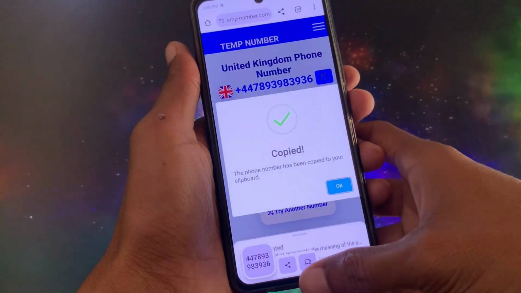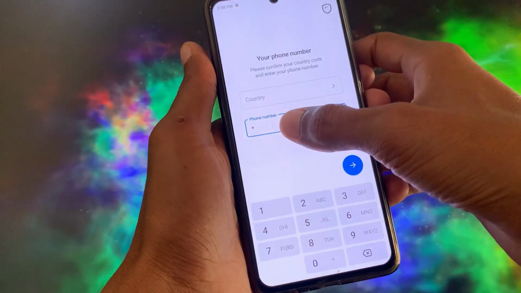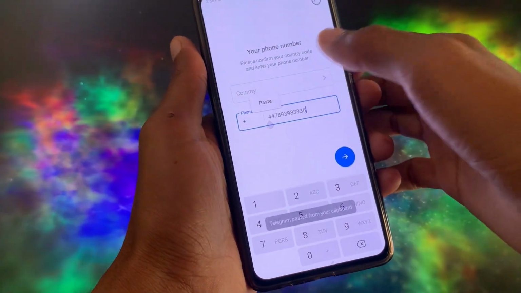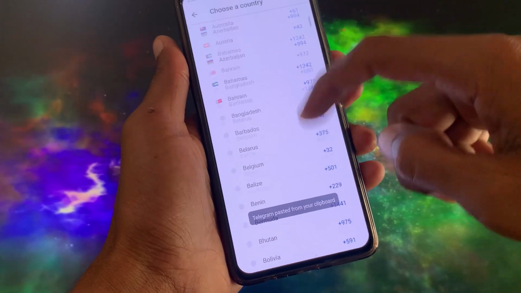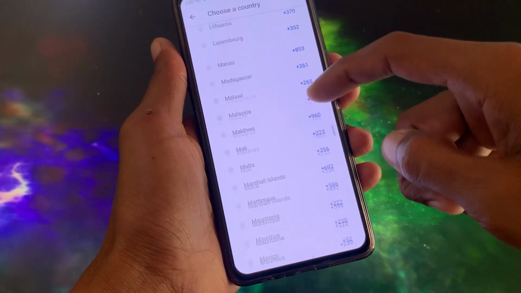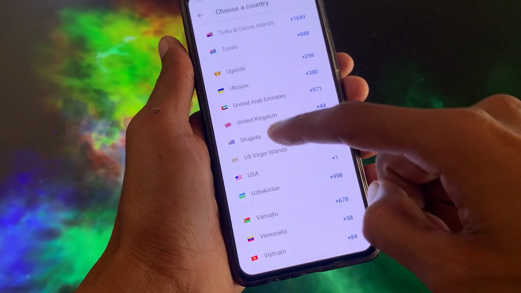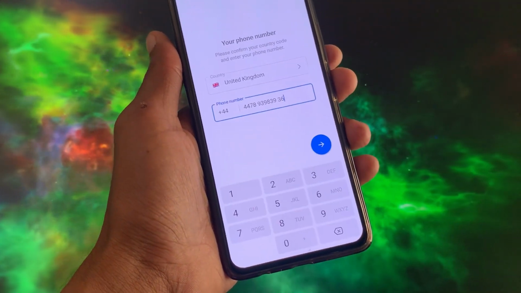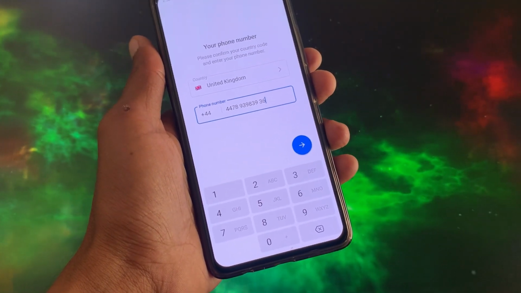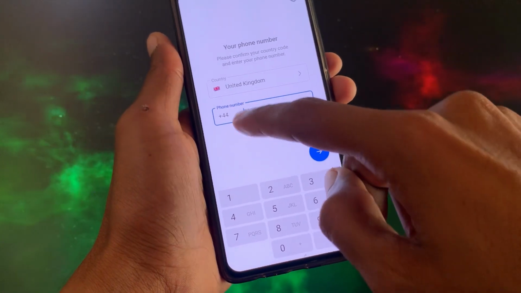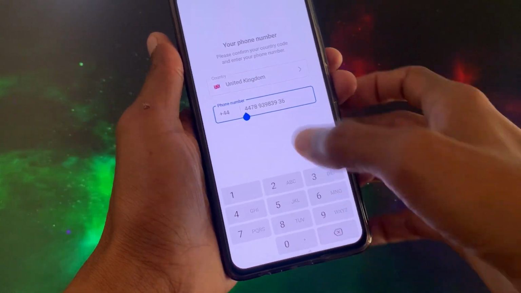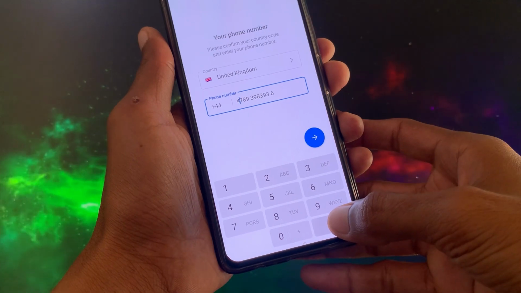Simply click on copy, and open your Telegram, and paste your number here, and from here you need to select the country of your phone number. So guys, I have pasted my United Kingdom phone number. Simply click on this tab, and after this, as you can see here,